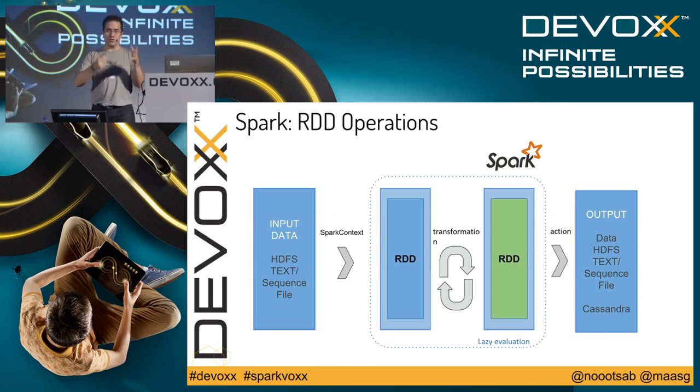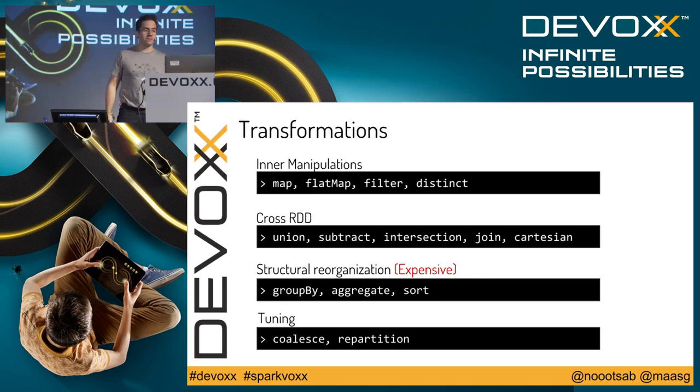Transformations are lazy. You apply a map and you apply a flat map and you apply a filter and you apply a collect of stuff, and nothing will happen. And only when you call an action, and sorry, there are two collects. There is one that filters data and transforms it, and there is another that collects data into the driver. So one collect is a transformation and the other is an action, not to confuse anybody. Basically, you can keep on going with the transformations. You will build up those pipelines, and then an action will materialize the operation in the cluster, will have everything executed, and you will have some results in your hands.